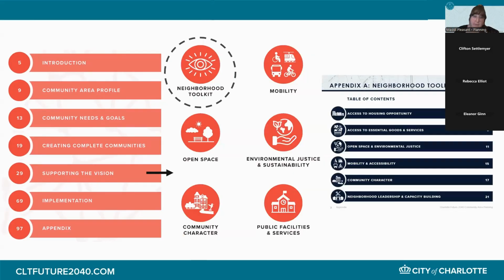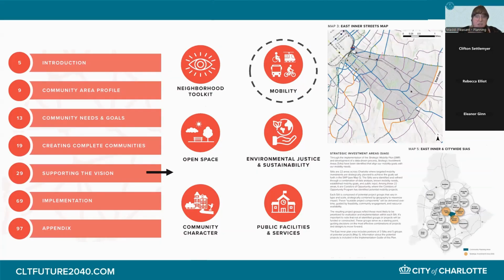So moving down to chapter 5, supporting the vision. This section includes 5 sections and also references the neighborhood toolkit. The neighborhood toolkit is included in the appendix because it is a reference for all geographies. The toolkit catalogs all the great programs that are currently available to residents to help address their needs. And the intent is that the resource is meant to empower neighborhoods who do want to take action now. A good example would be that there are existing programs that can tap into amenitizing a common open space to create a neighborhood park.